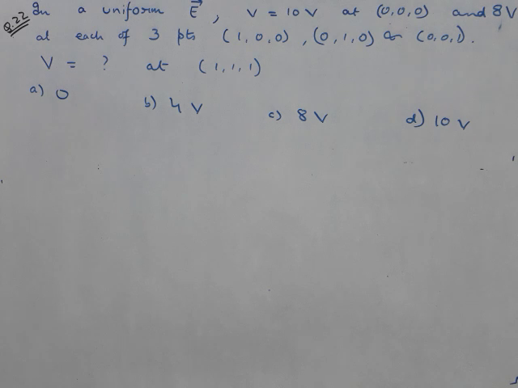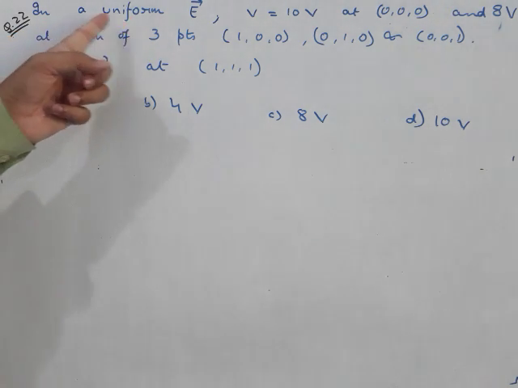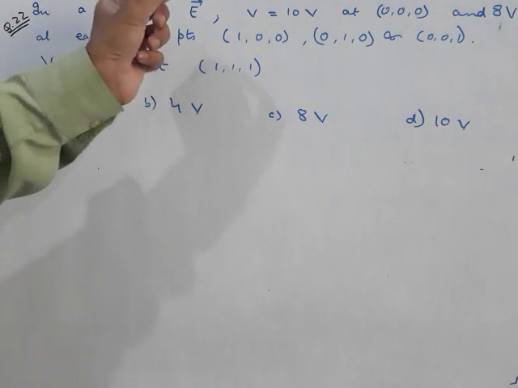Today most of the questions that we will discuss will be related to the topic, that is the relation between electric field and potential. One by one we shall discuss some of the questions, and it will certainly help you out in improving your concepts on the relations like E is equal to minus dV by dr, dV is equal to minus E dot dr, and so on. To begin with, here we have first question, that in a uniform electric field the potential